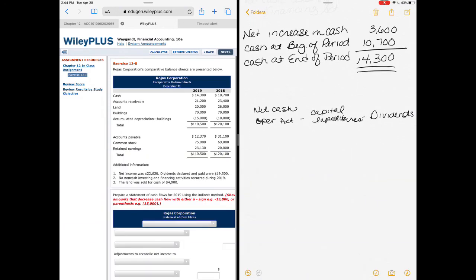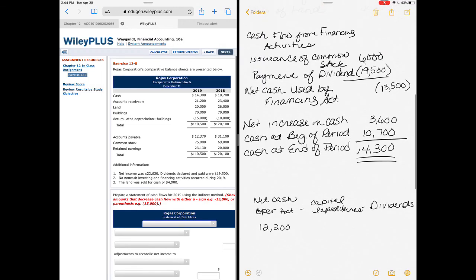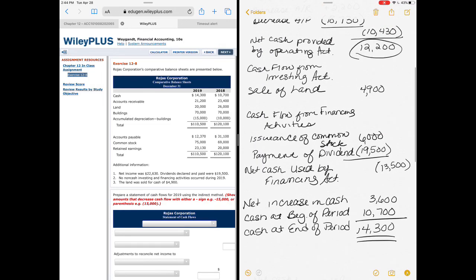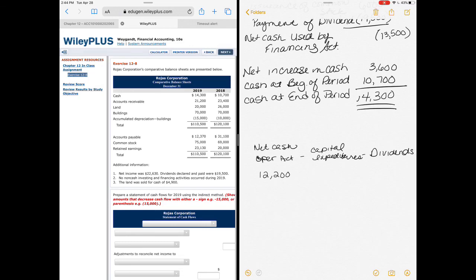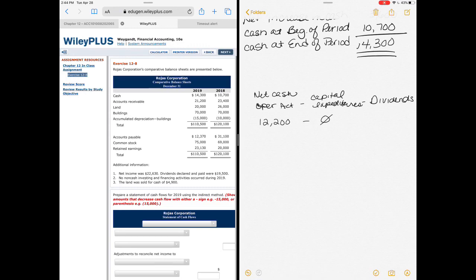Here, our operating activities were $12,200. I got that from my statement of cash flows right here. I have no capital expenditures, and then my dividends were $19,500. Therefore, my free cash flow should be actually a negative 7,300. So hopefully that helps. If you have any questions